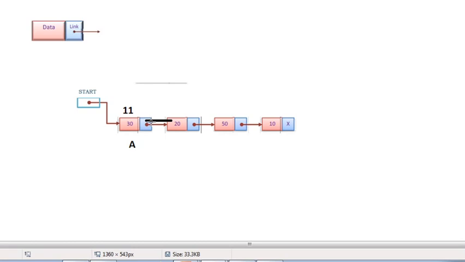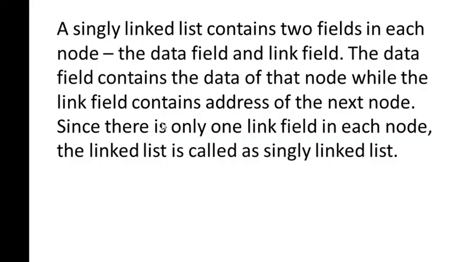Whenever each node contains only one link field, such a linked list is called a single linked list. This is an example for single linked list.